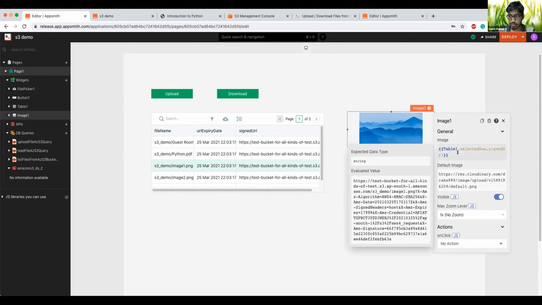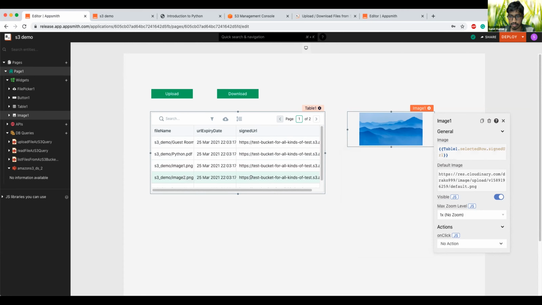In this widget, we have picked up the data from the selected row of the table. We have configured that via this mustache expression: table1.selectedRow.signedURL. So basically it picks up the value of the signed URL column for whatever row is selected.